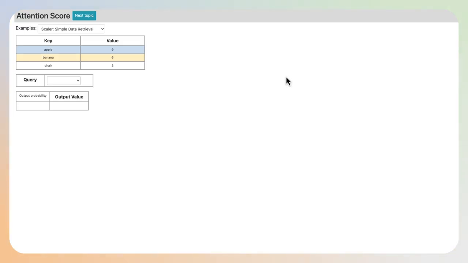Attention score. Attention score is a revolutionary concept in NLP and machine learning. Imagine reading an article. You don't give equal importance to every word, but rather focus on certain words that help you grasp the main idea. Similarly, the attention score mechanism allows models to focus on certain parts of the input data that are more relevant